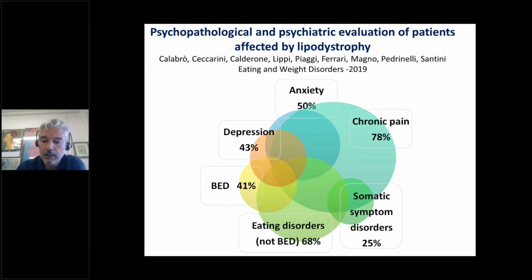This is our casuistic, what has been detected in the cohort of patients that we are following in Pisa. You see that 80% of them have chronic pain and had to take painkillers, some drugs, even very, very potent drugs. And you can see here at the bottom that 70% of them, in theory, may be classified, wrongly classified, I should say, as having an eating disorder. This is not a pure eating disorder. It's just a disorder which is driven by the reduced leptin levels, obviously.